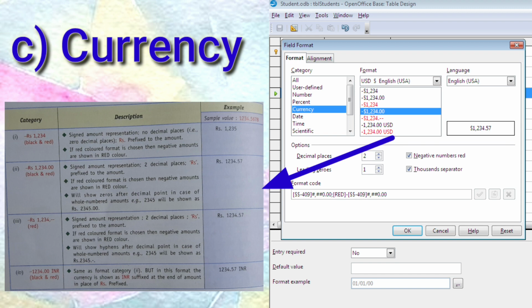If we select minus 1234.00 INR, in this case the format is the same, the number would be represented with two decimal places, but in place of prefixing Rs, it would suffix INR at the end. The next number format is scientific.